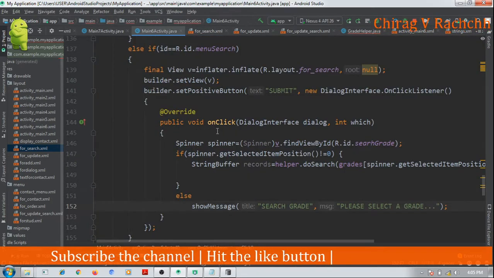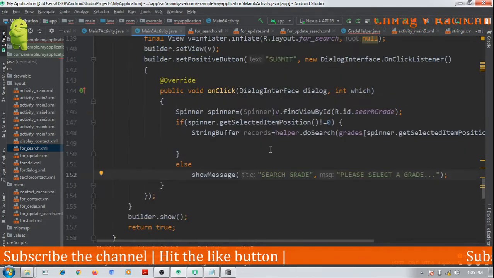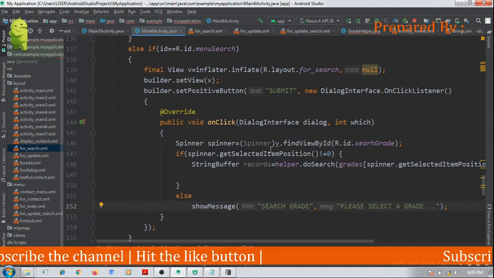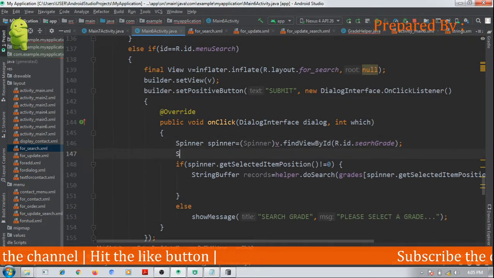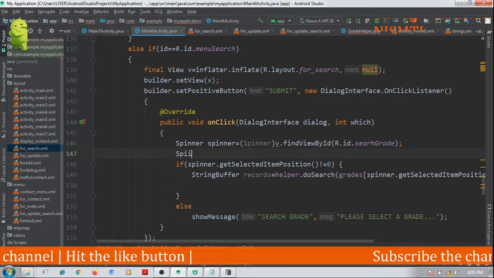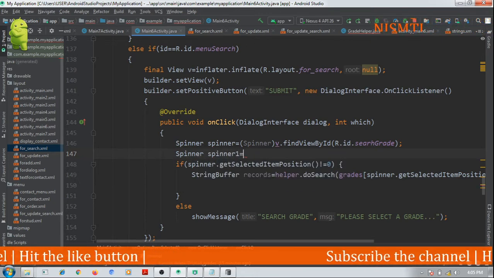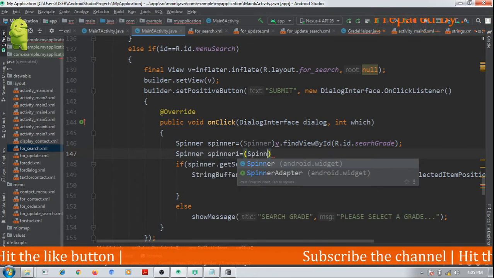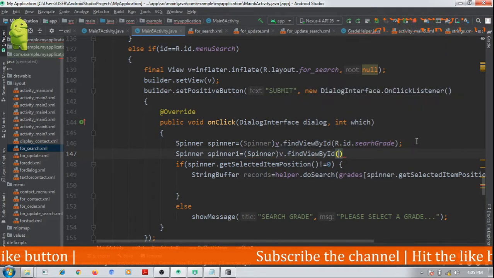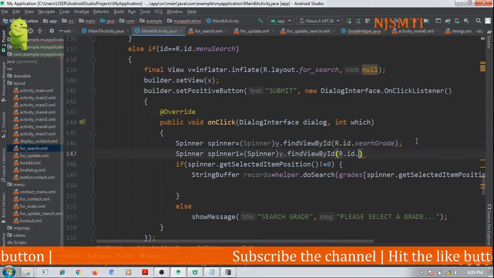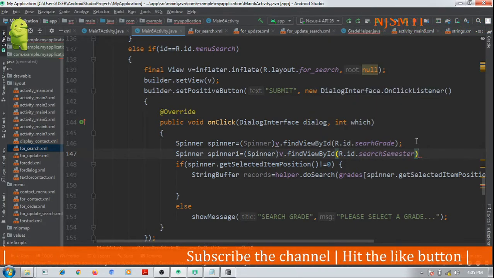So when the client selects a particular grade and semester, we should capture both things. Another spinner is also to be defined: spinner1 equals v.findViewById(R.id.searchSemester).